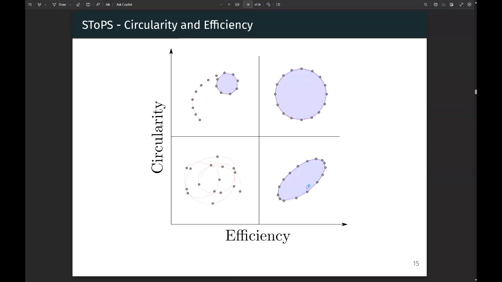Now, the other case then would be, well, you use the strand really well, but it's not maximally unfolded. So it has high efficiency in terms of using the data, but it is not very circular. So this is a significant hole, but it's not the best you could have, so you give it a slightly lower score.